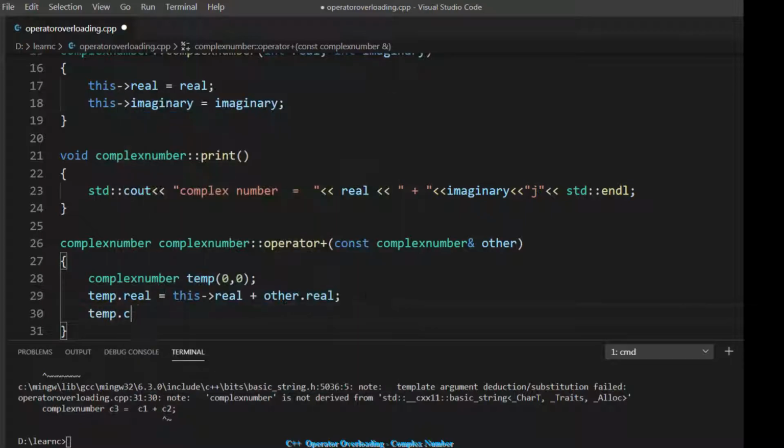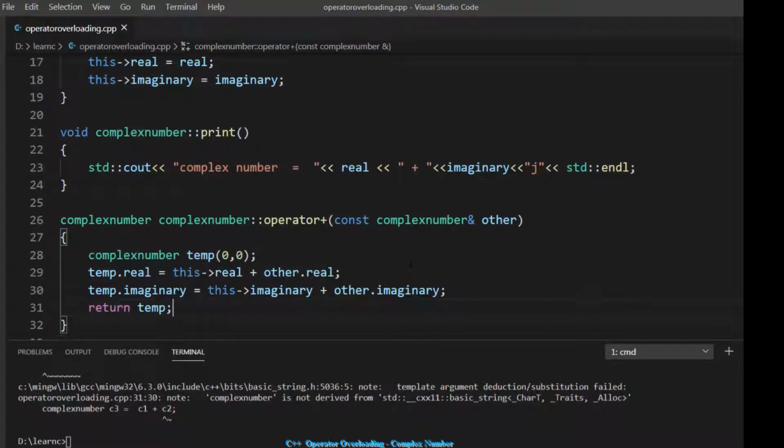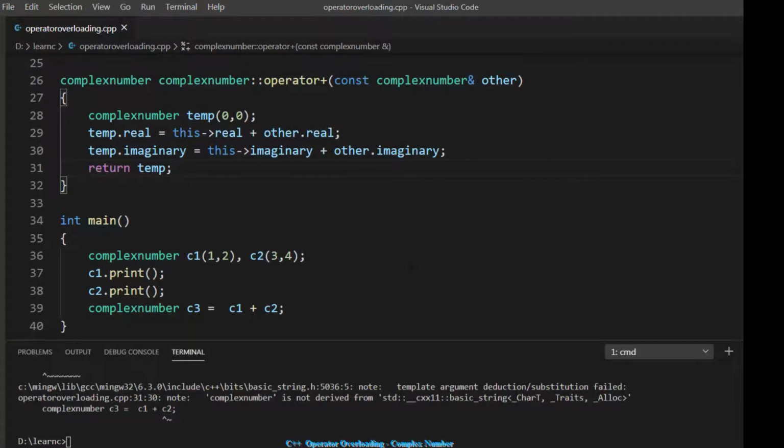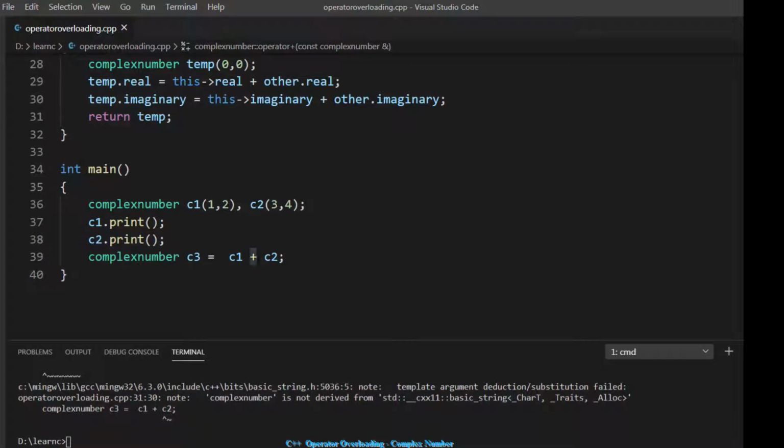Similarly I can do it with the imaginary part: this imaginary plus other dot imaginary, and then I can return the temp, which is the result complex number. Since I have now declared and defined operator plus, I can use this plus operator. With that, I have overloaded the definition of this plus operator with the user defined type complex number. Now if you print it here,